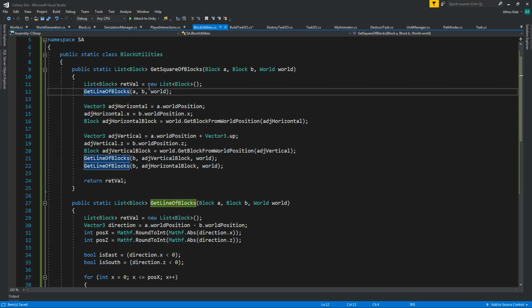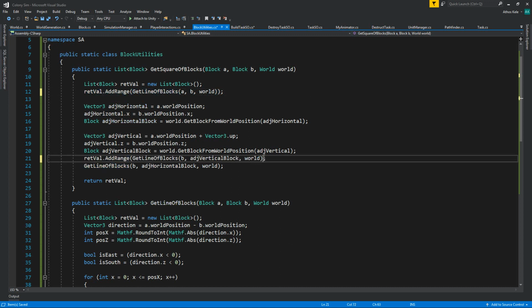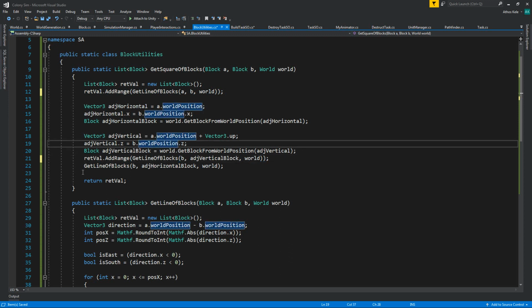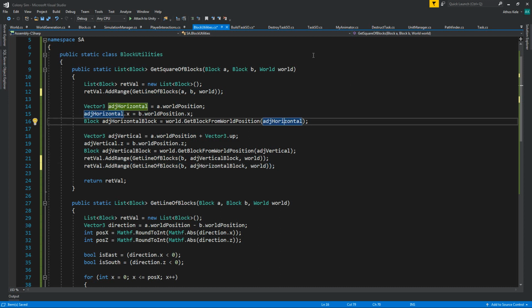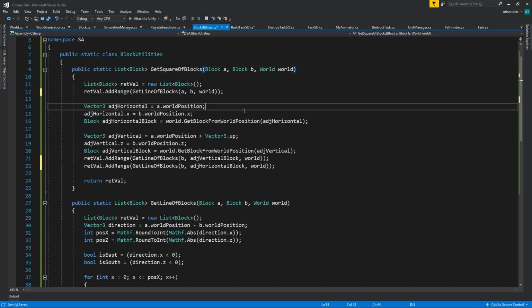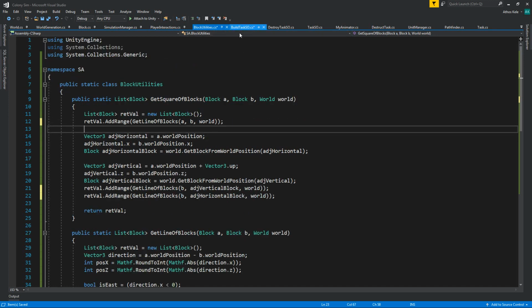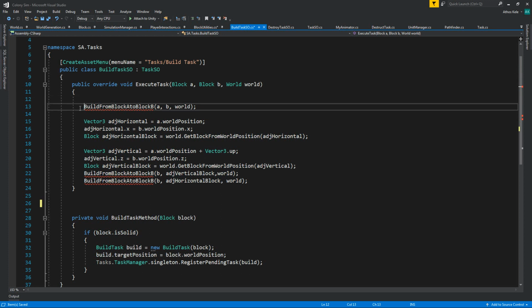Okay, so this can return value dot add range, get line of blocks, again return value, get line of blocks, and again do this. Okay, so here we have our methods,